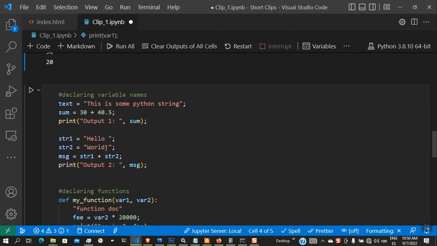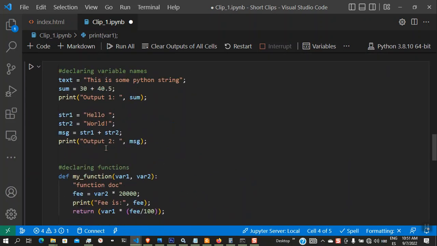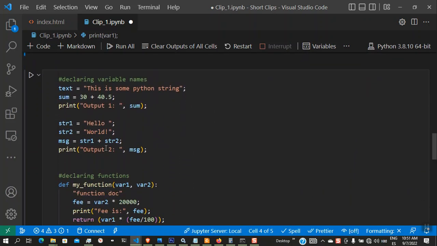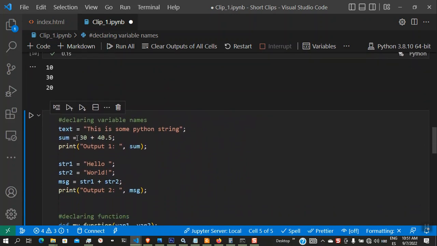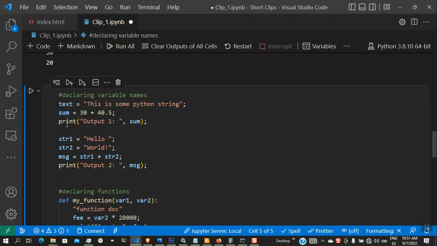All right, now next we are going to see how we can use identifiers, some good examples. Initially, we are going to see how we can use it to declare variables. So initially, I'm going to run this so we can see the output. Yeah, so we are going to check. All right, so here we see we have an identifier, a variable. We assign a string to it. Here we have another identifier, sum. We assign the sum of 30